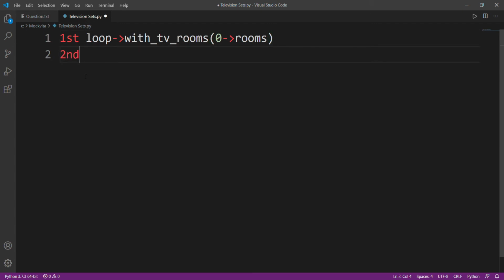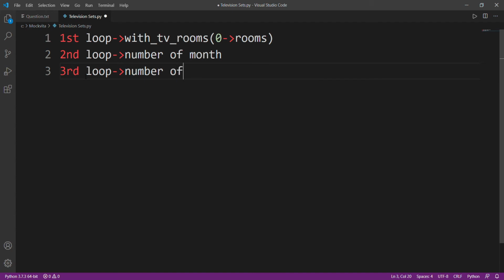My second loop will iterate over the number of months, that will be 1 to 12. It's a constant. My third loop will run over the number of days in each month. I'll just create a list with the number of days in each month and use that. It's fine. So these will be the three loops that I'm going to use.